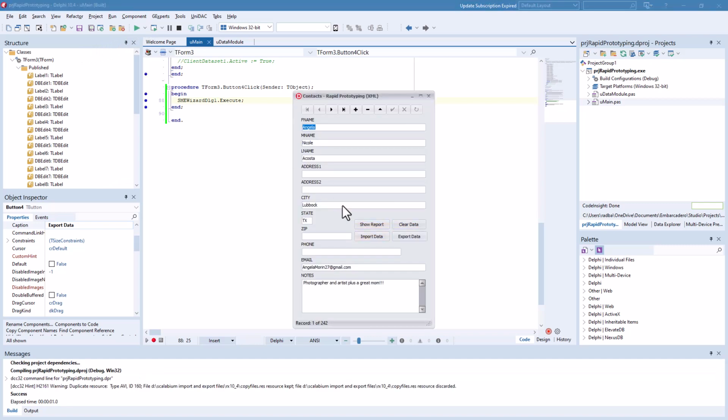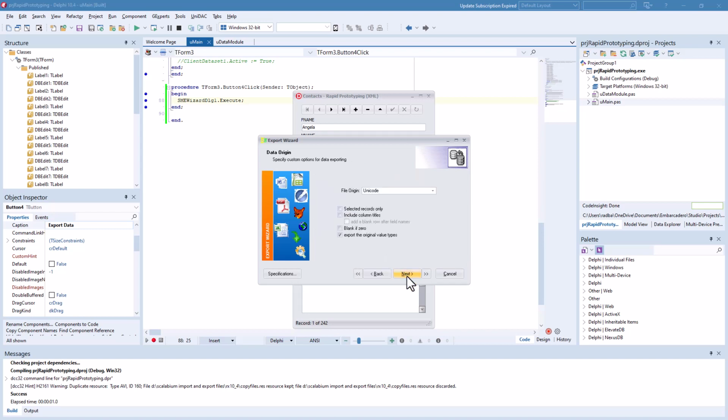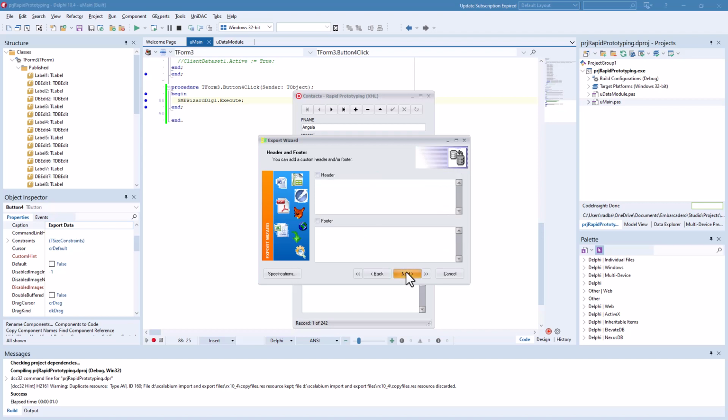Okay, remember there's 242 records, and we're going to say export data. And for fun, let's do an SQL script. That's always good to use in code. I'm going to say include column titles, blank F0, next, next, next. We don't need the ID field. Next, next,